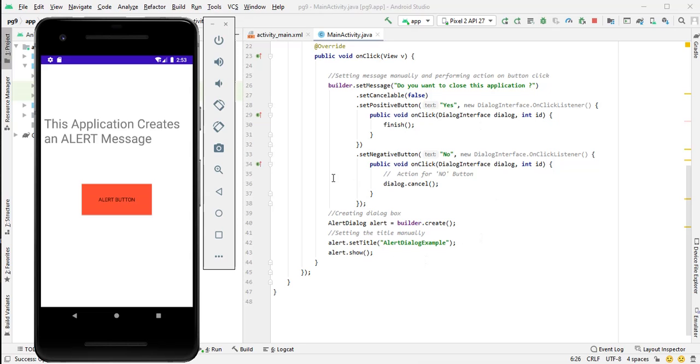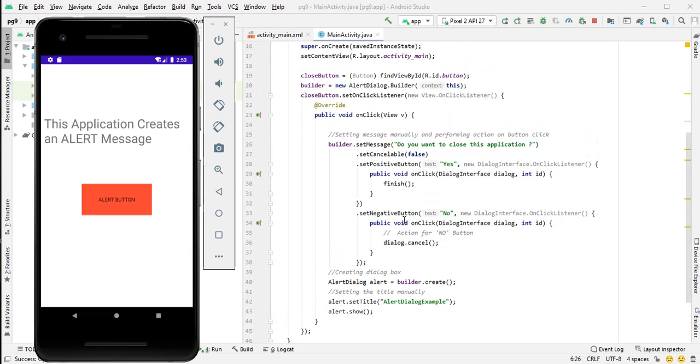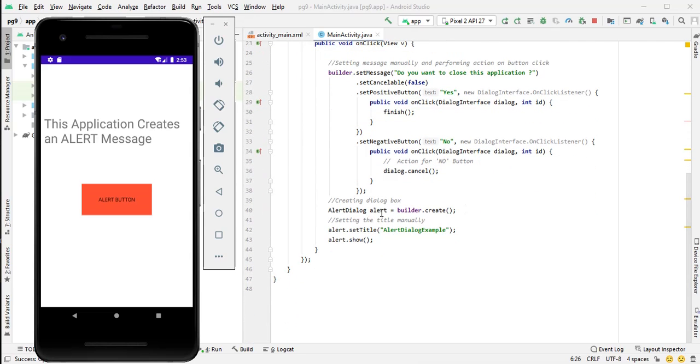In this way, first you need to construct or build your alert dialog object. After that, you create an object for the class AlertDialog, then pass the builder object to create the alert dialog box. Next you call the setTitle method on this alert object to set the title of your dialog box.